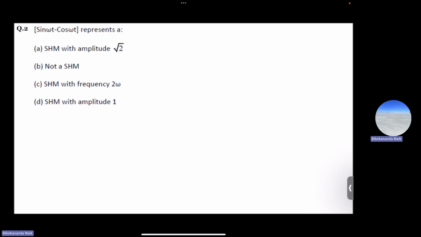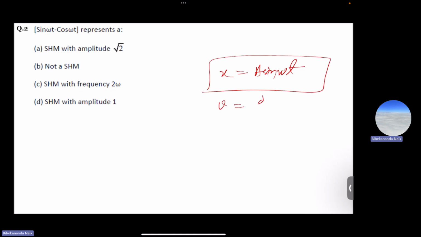Now question number 2. Question number 2 says sin omega t minus cos omega t represents a, option A, simple harmonic motion with amplitude root 2, option B, not a simple harmonic motion, option C, simple harmonic motion with frequency 2 omega, and option D, simple harmonic motion with amplitude 1. So we know for simple harmonic motion the formula is x equals a sin omega t, or we can calculate v, which is dx by dt, and we can calculate a, which is d square x by dt square. So it will be proportional to x,